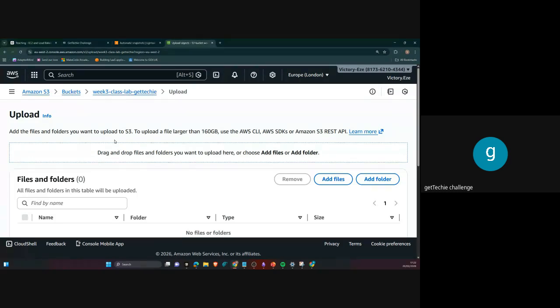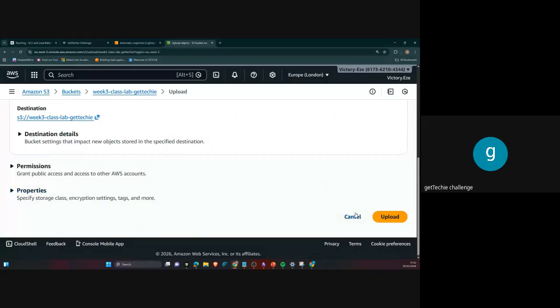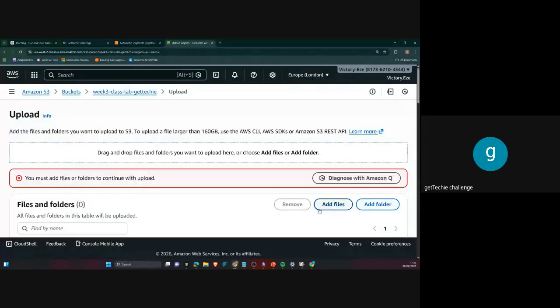It's still the same. You log in, just like we have the console, we use the terminal. I use the terminal a lot, to be honest. Just for the purpose of this class, I'm showing you on the console. You can use the terminal and just do your AWS upload. Okay, so that makes sense. You can add files. If you want me to upload, I can upload, but I'm not going to upload. Then I'll come back here.